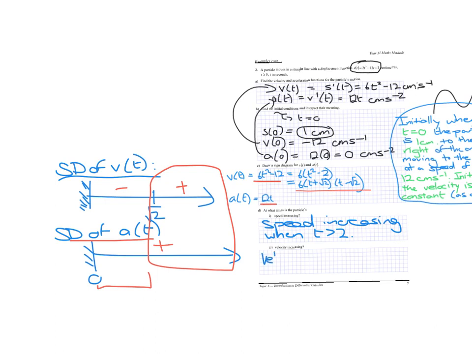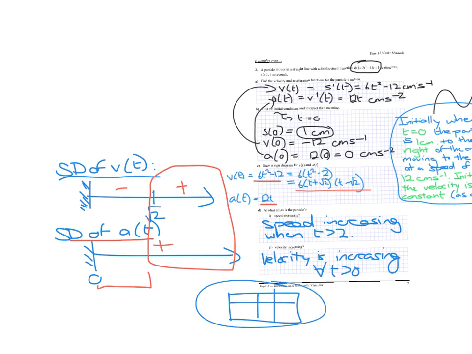And the velocity is increasing for all t greater than 0 because A is always positive. So that's where you just have to be really careful and go back and look at that initial diagram that we had with all those boxes of S of t and V of t and A of t. Velocity is only increasing when the acceleration is greater than